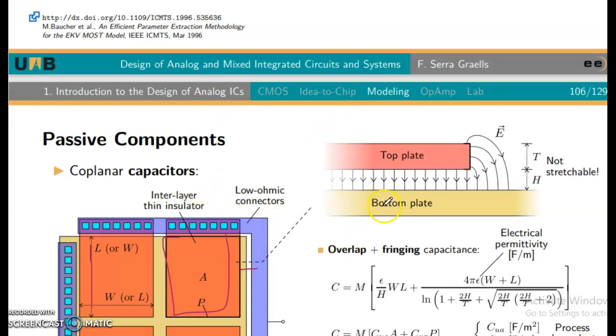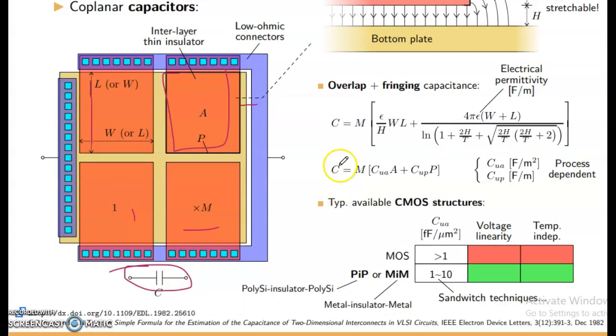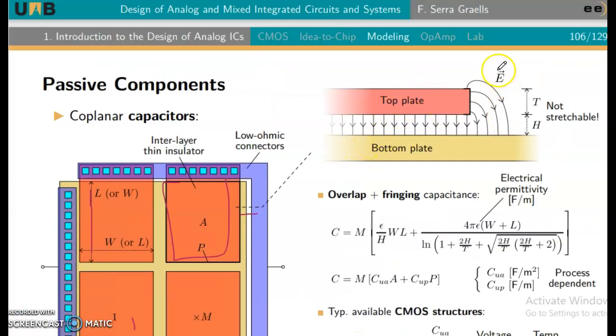Okay. Then first top plate, up to here T, here H not switchable, bottom plate direction this side only, down side only. Overlap plus fringe capacitance, vertical permittivity: F of C equals M of epsilon divided by H times WL, plus 4 times epsilon of W plus L divided by